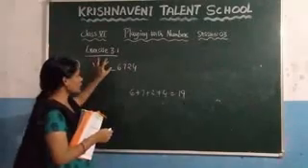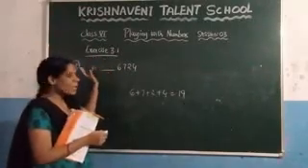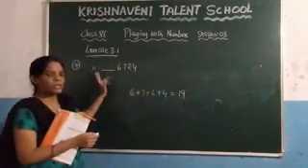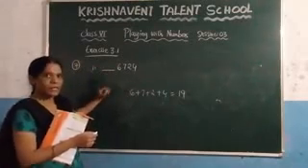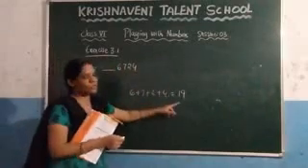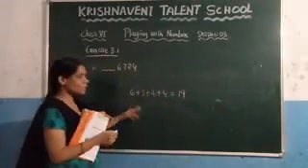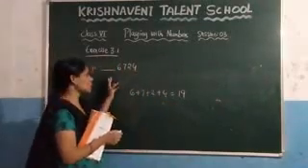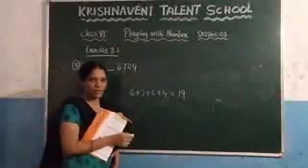But here you need to write the smallest digit such that after adding that number, it should be divisible by 3. Similarly, you have to take the greatest digit. After adding the greatest digit to 19, you have to get a number that is divisible by 3. What are those numbers you need to write? This is the question they have given.